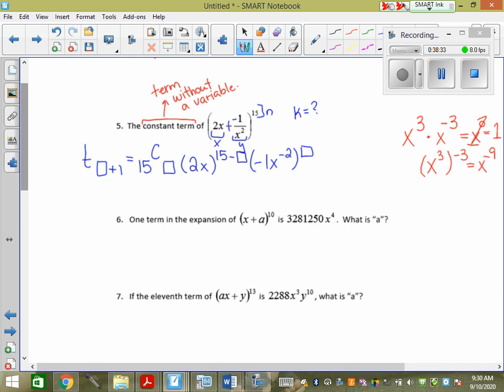Okay, so we can do a little trial and error. So say I'm just going to do this, don't do this. Don't write these down, but I'm just showing you. So say I pick 0 for k. I'm only going to put in these boxes. That would become x to the 15, and this would become x to the 0, which is 1. Did they cancel? No, that's a stupid one to pick. So then say I pick 1. X to the 14, x to the negative 2. Did they cancel? 14 and negative 2? No.